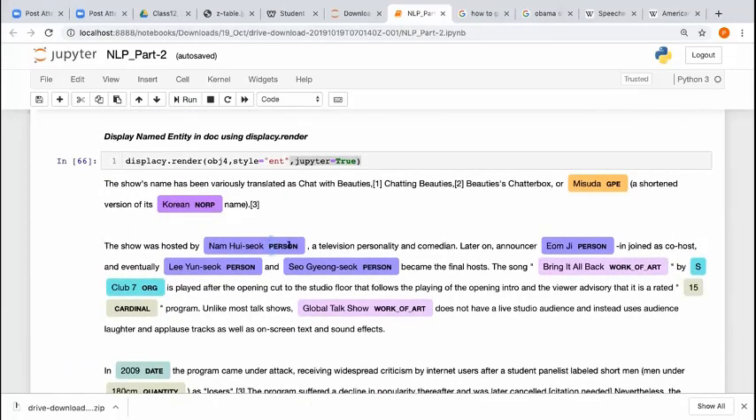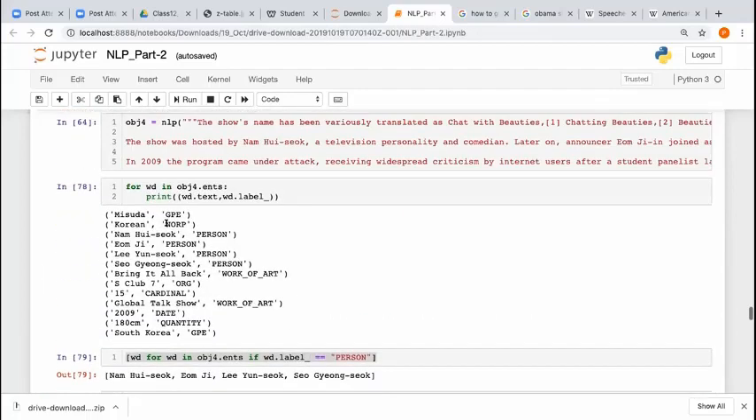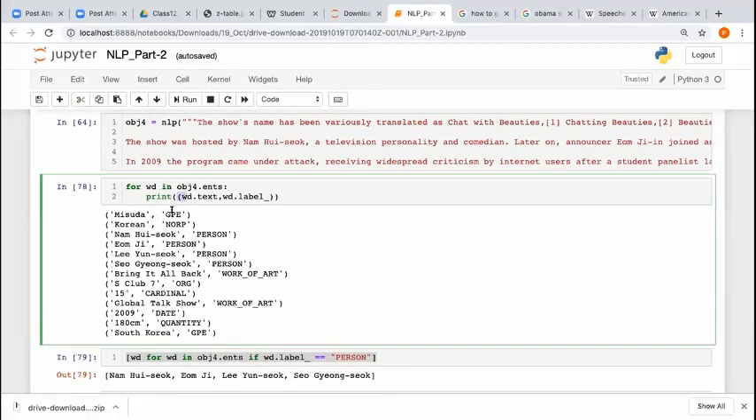Correct. Okay. So you can just filter using this technique, using a for loop. If you would like to see how many such countries are mentioned, just filter GPE. How many such persons are there? Just filter person only. How many works of art were explained or talked about in the whole speech? You can filter it. So if you would like to build some kind of statistics from the text, then